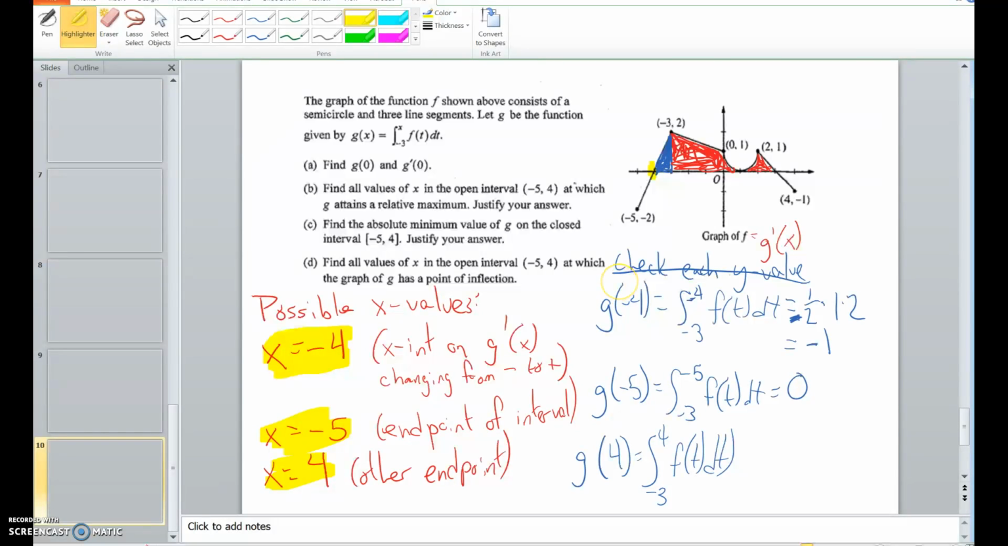So g of -4, you get the integral from -3 to -4 of f of t, so the area underneath this graph f from -3 to -4, it's the blue triangle. Because we're integrating from right to left, it's going to be negative, so we get -1. When I did g of -5, the area underneath